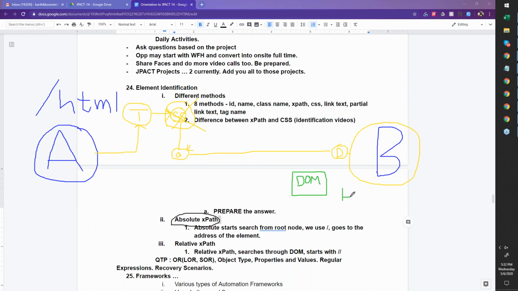I'll give the entire details: house number, street number, city, zip code. And I know that I can reach it directly based on these details. So your relative XPath, it's not about whether it starts with two forward slashes or a single one, just the fact that we will use certain properties of those elements to identify. It could be an ID or a name or a class name or a link text or the text on a button or anything that we want to look at on the application. We use one of those identifications that's unique enough and put it.